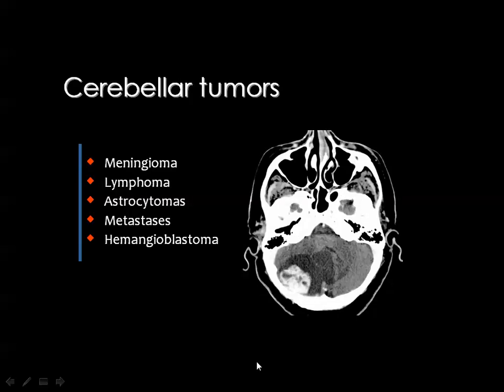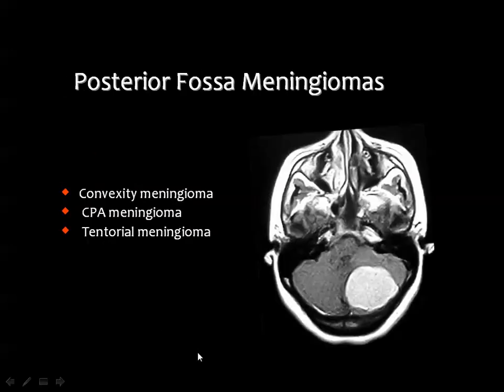Then we came to the tumors, and you remember from the lecture of brain tumors we have meningioma and lymphoma showing homogeneous enhancement, astrocytomas of different types, metastasis, and this hemangioblastoma is a tumor which is occurring in the posterior fossa. And meningioma in the posterior fossa may occur at the cerebellopontine angle or along the cerebellar convexity or based to